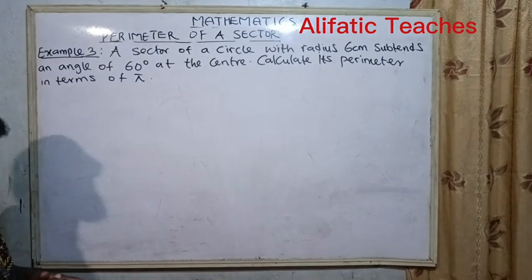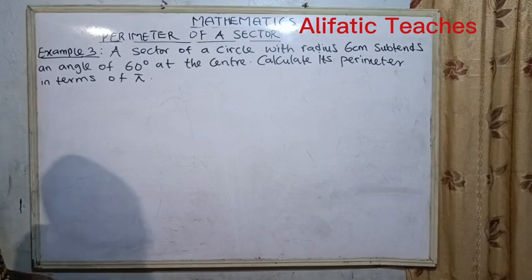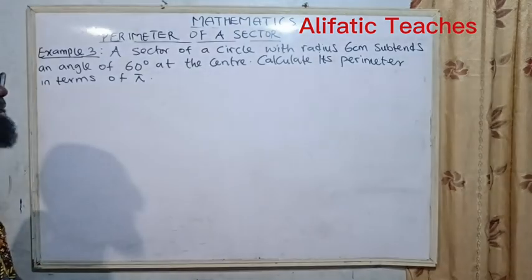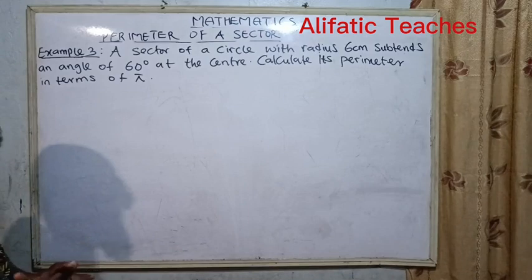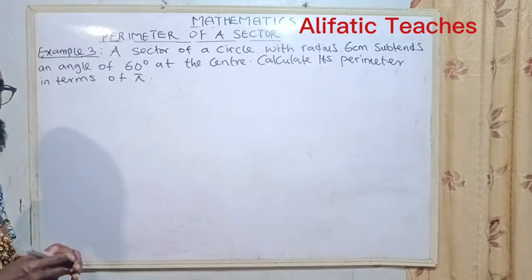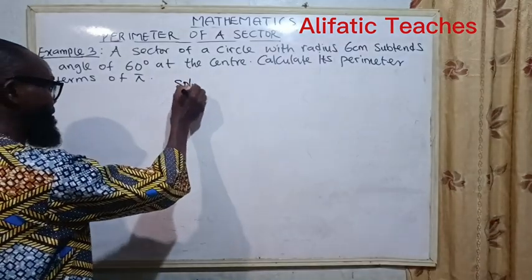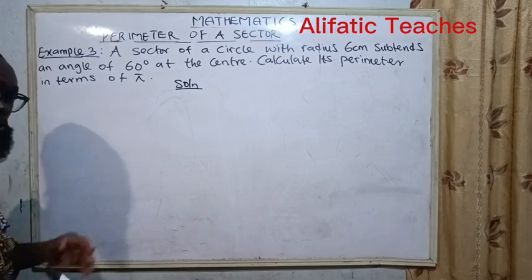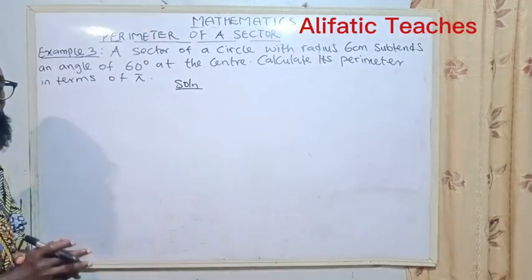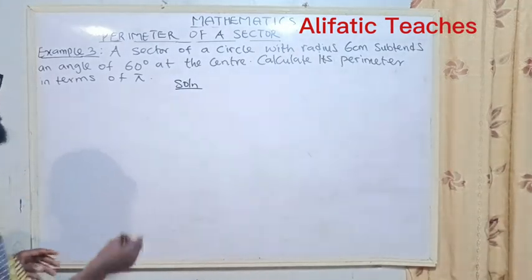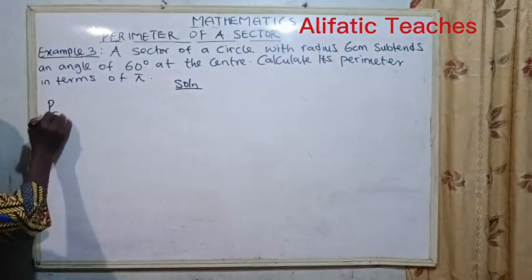Example 3. A sector of a circle with radius 6 centimeter subtends an angle of 60 degrees at the center. Calculate its perimeter in terms of pi. Now to get the perimeter in terms of pi means don't replace that pi with 22 over 7 or 3.142. And we know the perimeter of a sector